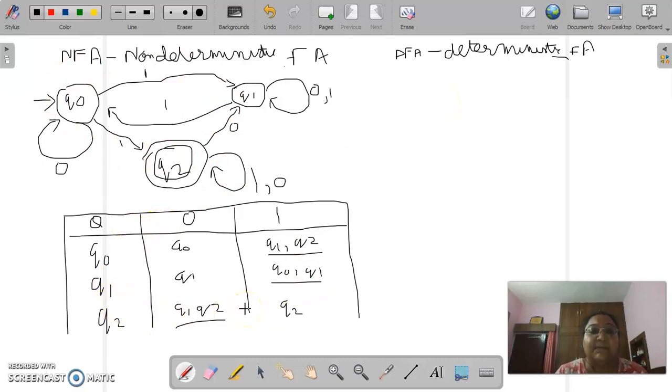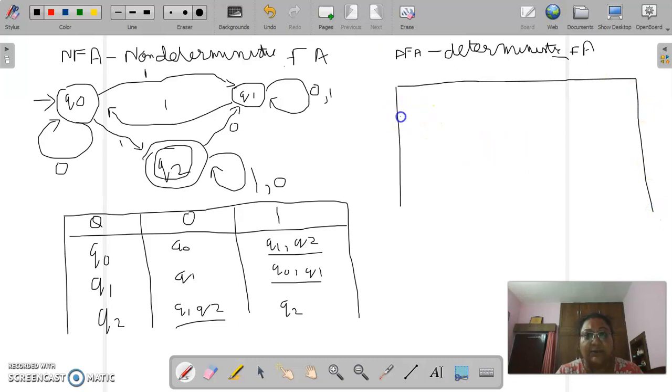We are going to make a table, and like the NFA it is going to contain 3 columns because there are 2 inputs and one column for the state. So we have 0 and 1 here, and our initial state is Q0, which is going to remain the same. The only thing is we are going to put it in square brackets.